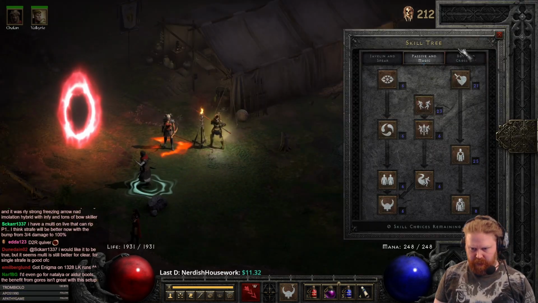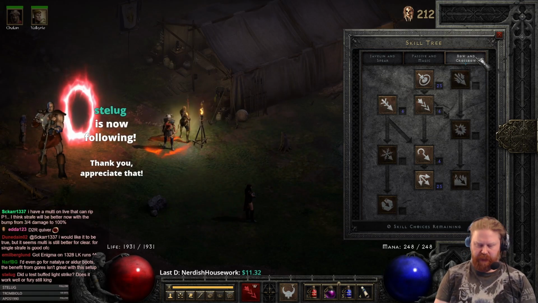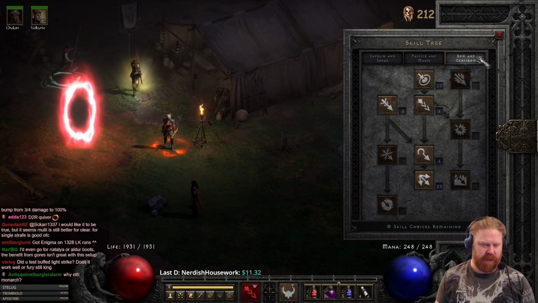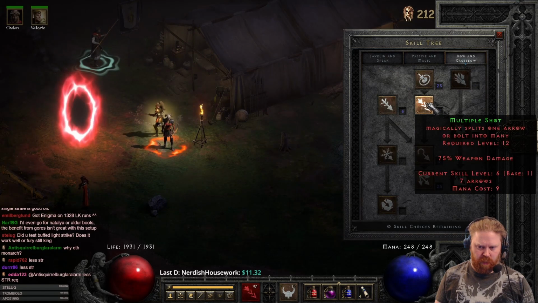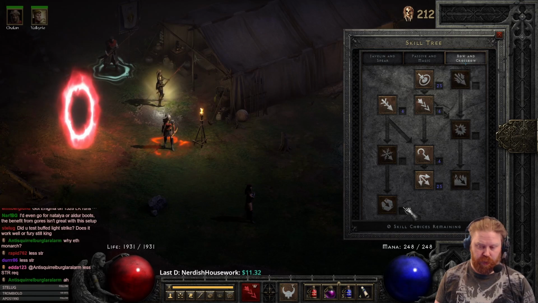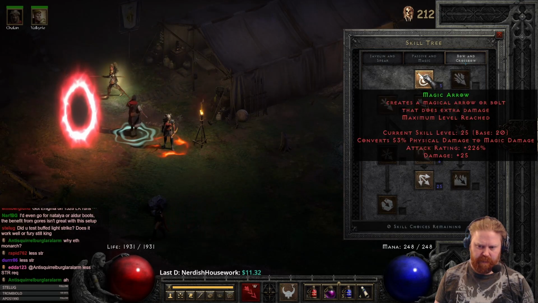So the build is... we talked about it extensively on stream while making the preparations for this video. And there are so many ways of speccing this build. Because you can go multi-shot, you can go strafe, you can go cold arrow, magic arrow, immolation arrow, exploding arrow. There's so many things you can do. But for this test specifically, we wanted to test strafe, and we also have multi-shot and magic arrow for the